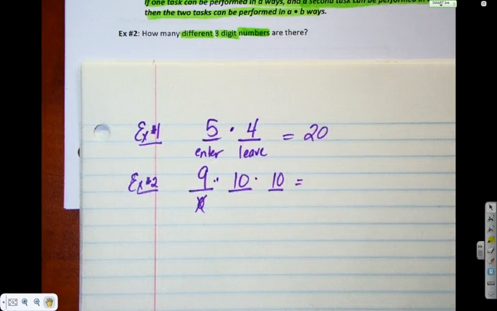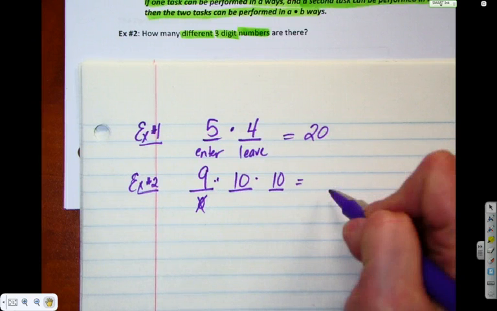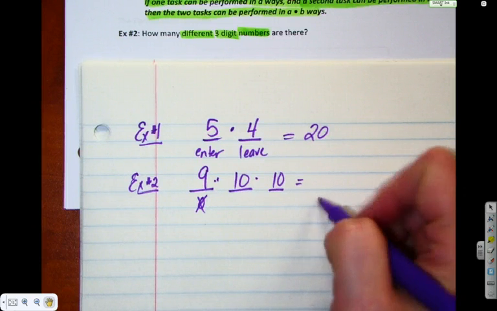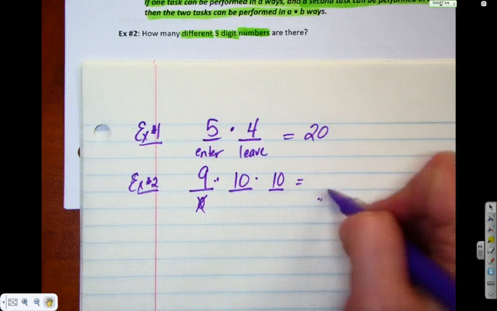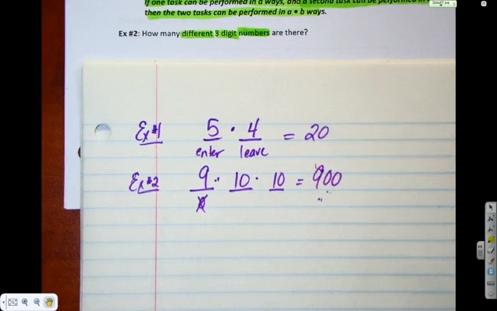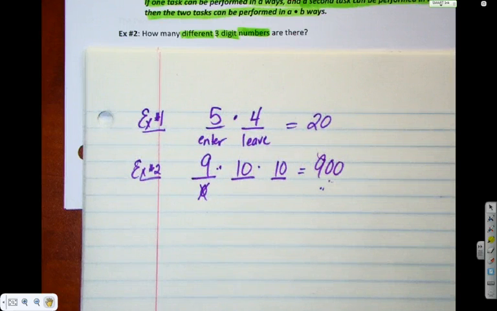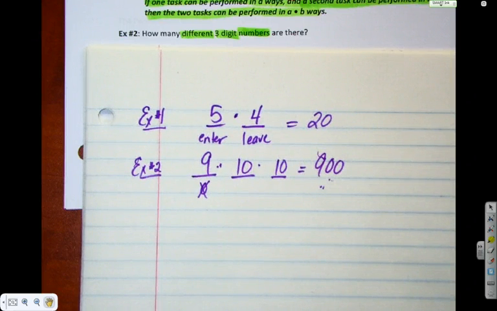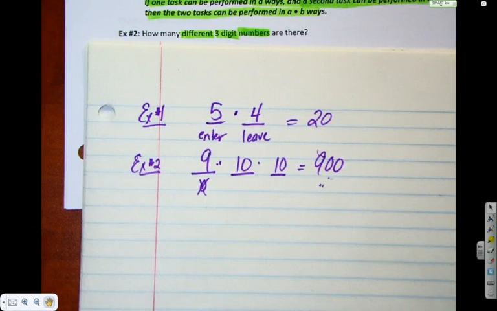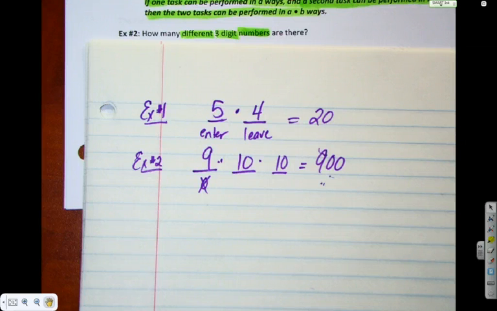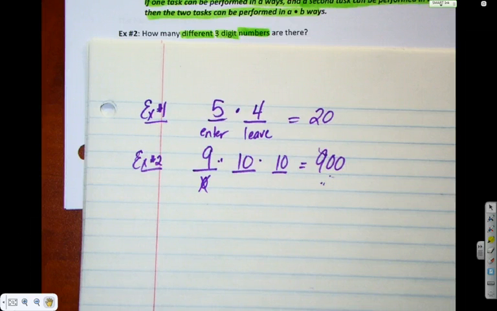It's the second example. Now, we could have listed them all out. That would have been a fun game. So we could have put 001 and 002, and then we could have got to the 111 and 112. Well, how much time is it going to take to list out all the 900 3-digit numbers? That's why we have the fundamental counting principle. It's just a fast way to know the number without having to list them all out and probably miss one. Questions so far? It's only the second example.